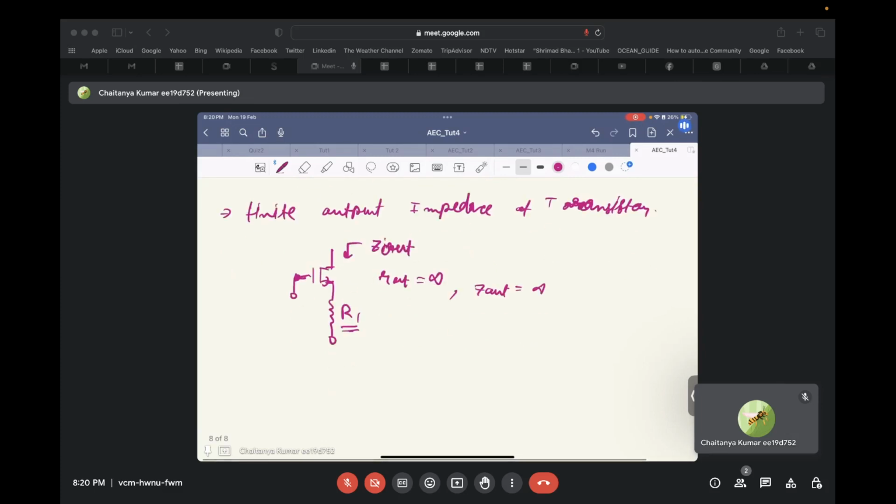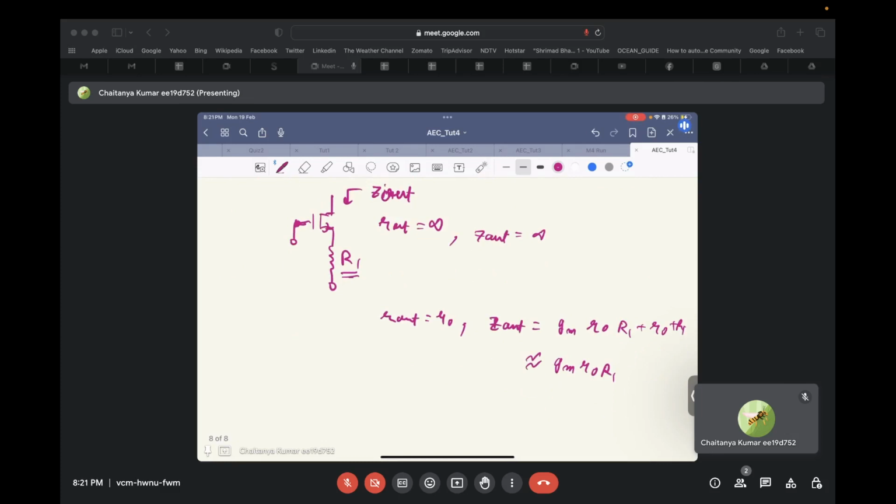But if there is some output resistance of value RO, then, as we discussed previously, the math can be done. The output impedance Z out becomes GM RO times R1 plus RO plus R1, that is roughly equal to GM RO times R1. So, instead of infinite output impedance, we get a finite value,